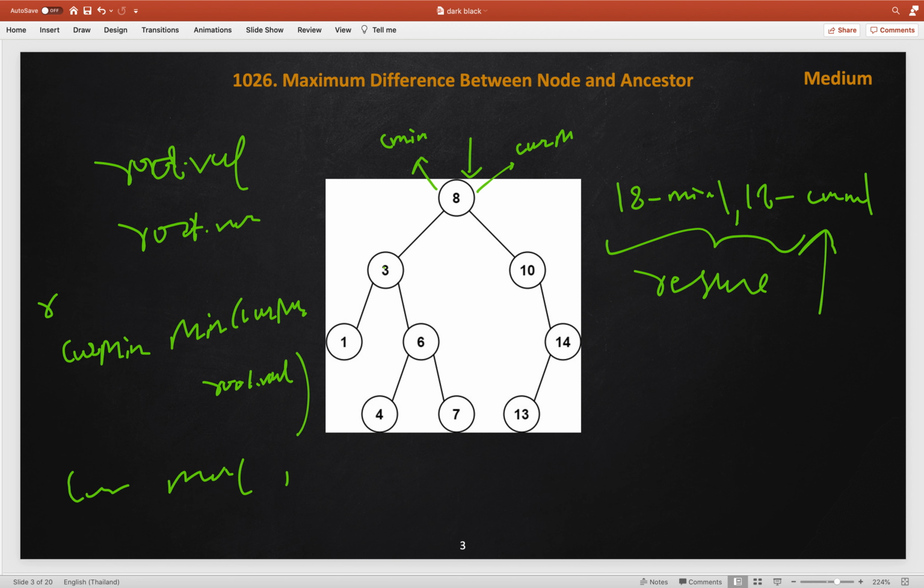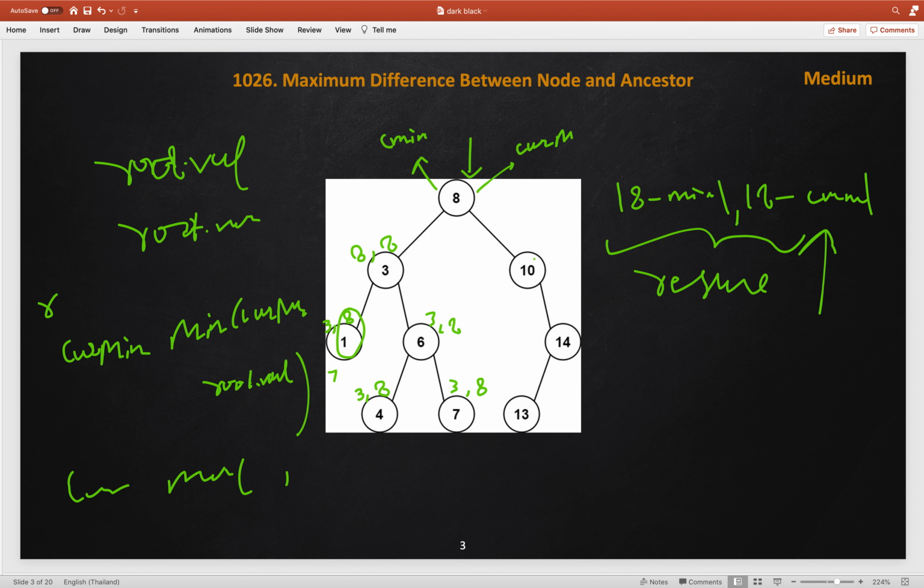So, for every node, if I come to 8, here also we will get the minimum and maximum both the same, but when we pass it to the node 1, the minimum value passed over here will be 3 and the maximum is 8. Similarly, here 3 and 8, and in the next we will pass 3 as the minimum and the maximum is 8, and here also 3 is the minimum and the maximum will be 8. So, if you see, the maximum difference we will get is at this node, 8 minus 1, which is 7, and anywhere else we will not get this.